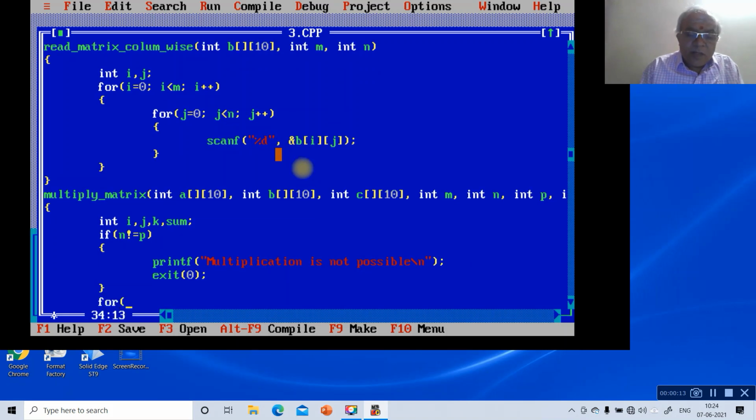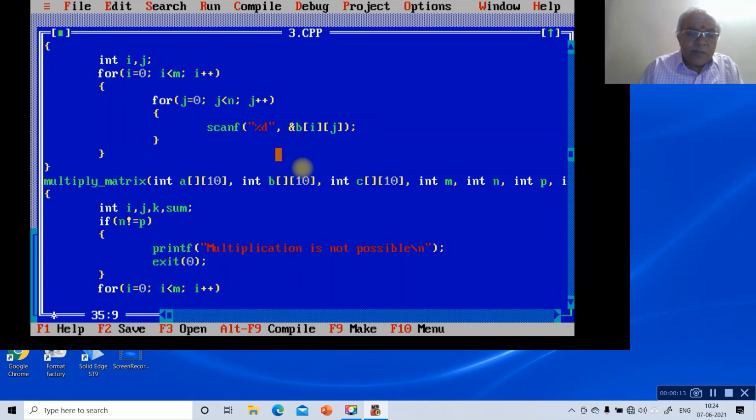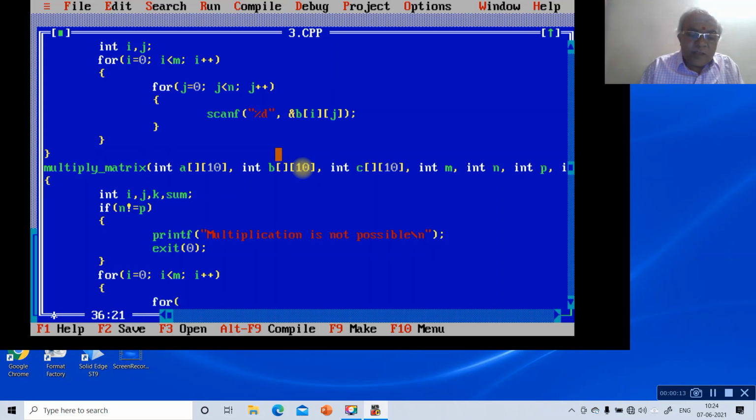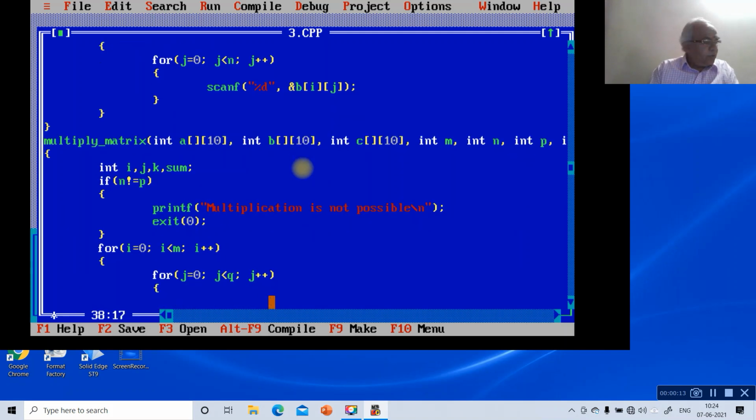Then for i = 0; i < m; i++, open the loop for j = 0; j < q; j++, then open the loop.